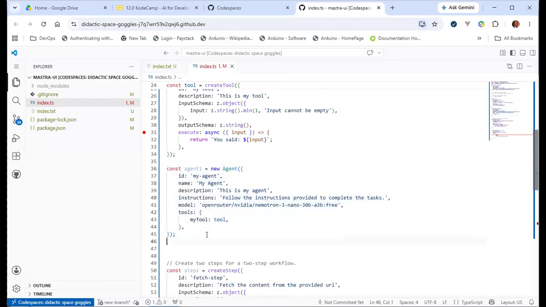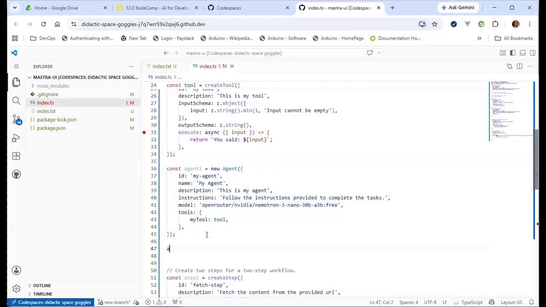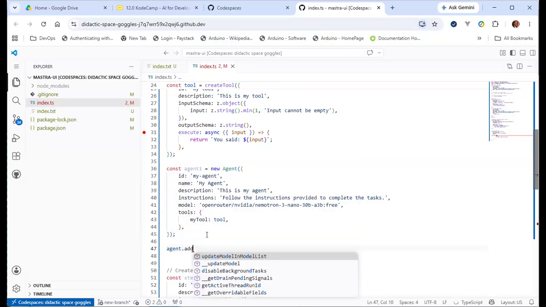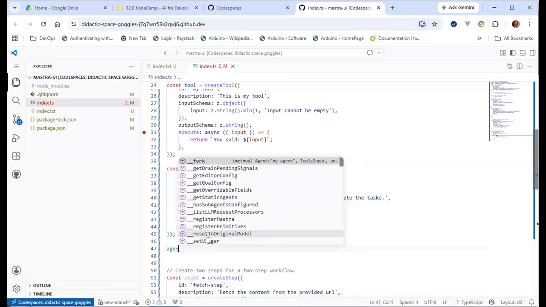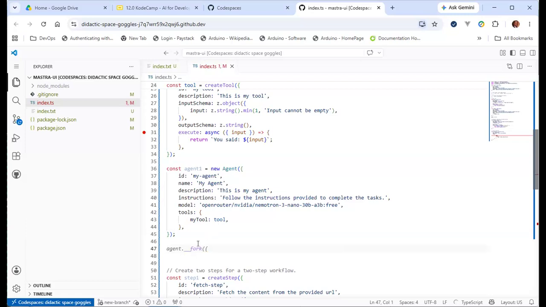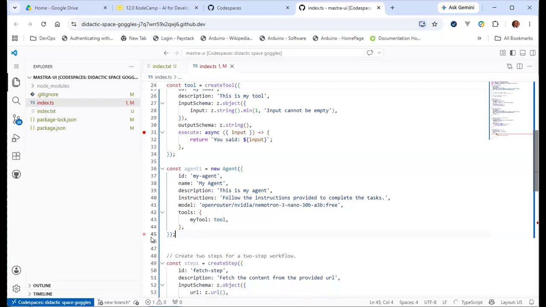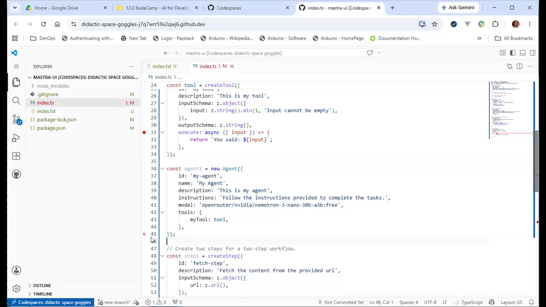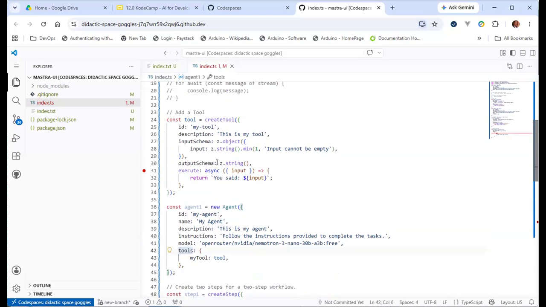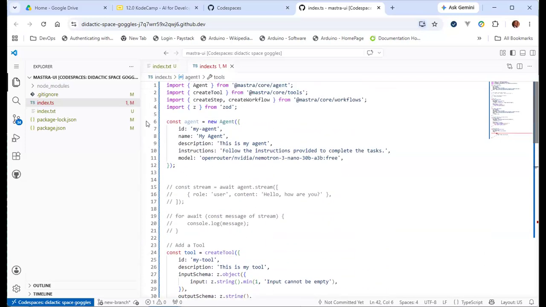But another way of adding a tool is after I have constructed an agent, like agent one, I can still use... okay, well there's no other one. I think that one used to be an old way, but that doesn't work anymore. So right now you have to create the tools and then you assign it. So technically, you always create the tool first.